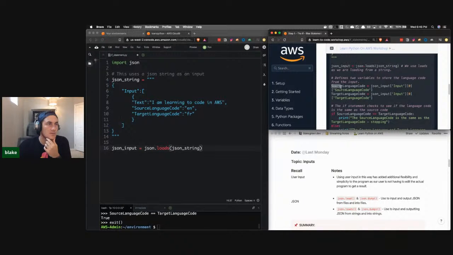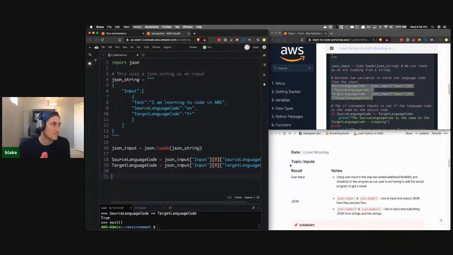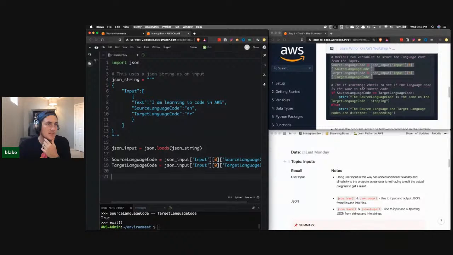So we're defining two variables to store the language code from the input. Okay. All right, so now we have this if statement that checks to see if the language code is the same as the source code, which obviously we don't want. So if source language code equals target language code,